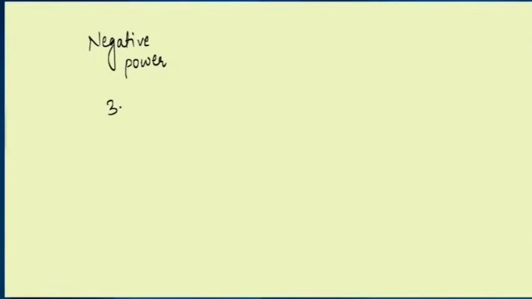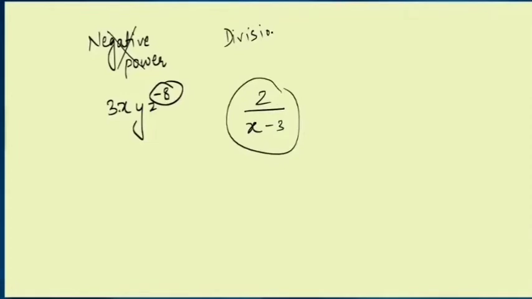Now the first question is how we will recognize whether the given algebraic expression is a polynomial or not. To see that, one example in front of you, 3xyz to the power minus 8. Here the power is minus 8, so we cannot say it is a polynomial because negative powers do not represent a polynomial. First concept. Second thing is that if any variable is in division, that is also not a polynomial.